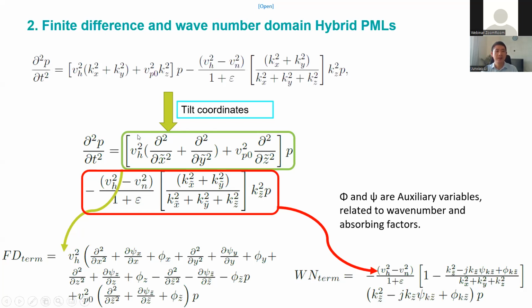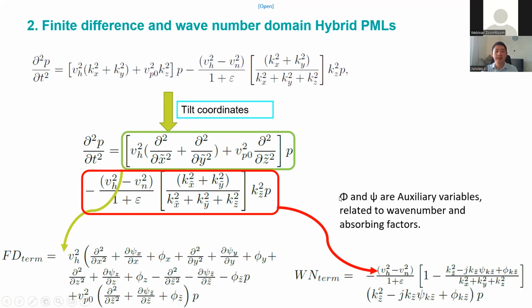For the first term of this equation, we use the finite difference method. For the second term, we use the wave number domain pseudo-spectral method to do the forward simulation. And in both of these equations, we have added the hybrid PMLs to absorb the boundary reflections,